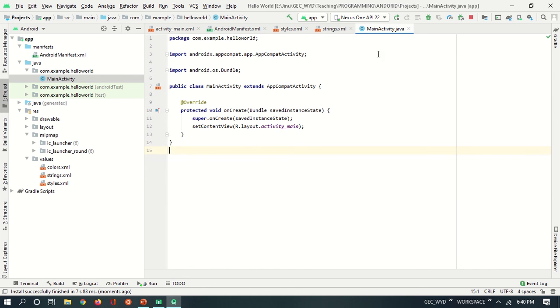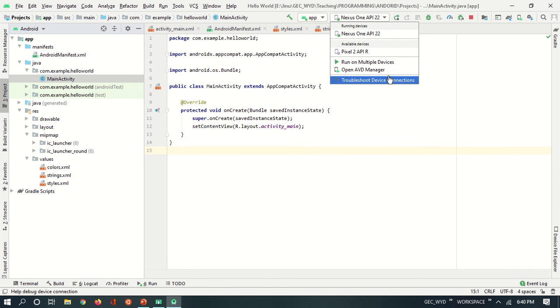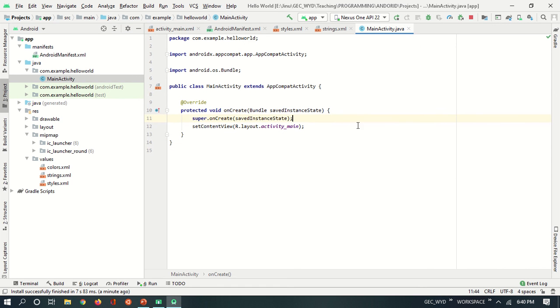Now this is the Android virtual device manager. You can connect your own mobile to this, but you need to install some driver software for the mobile to get detected here. It will list your mobile name in the available devices section, and then you enable USB debugging in your mobile, and then you can directly deploy it into your mobile using the run button. So the mobile is connected to your laptop via USB, and then you can see how it runs in your actual mobile. So coming back to our presentation,